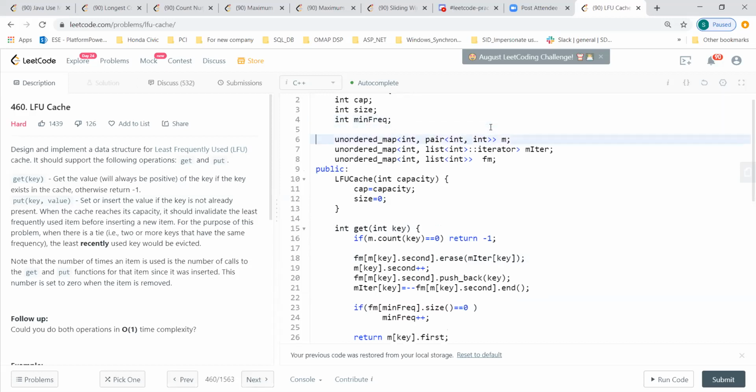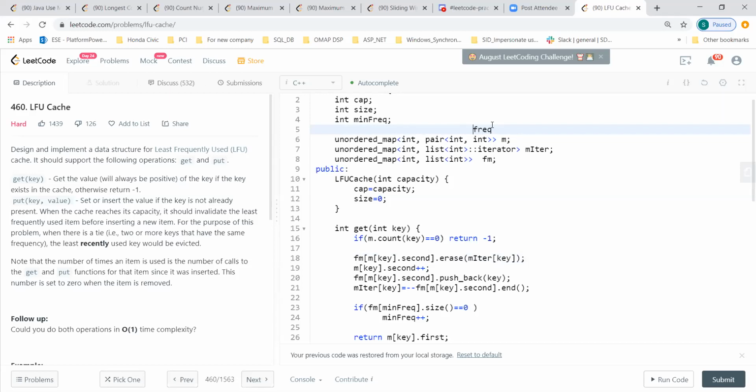What is the second doing? The dot second on line 18, I mean frequency map of key dot second. You have a pair here, so that is the frequency, the second one.